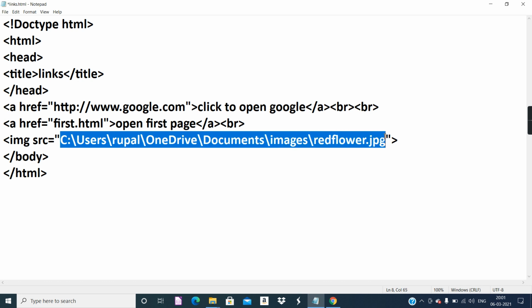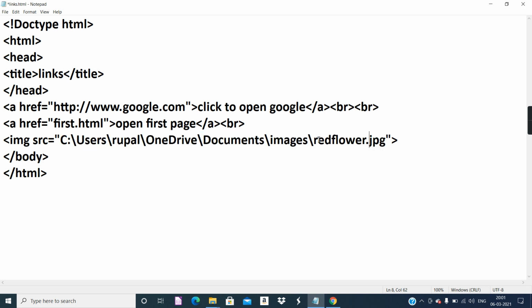You are telling the browser where the location of the image is. It's available in the C drive, so and so hierarchy of folders. It's available in documents. In documents, there is a folder called images. Inside images, there is this file known as redflower.jpg. So open this. And the extension of this file is .jpg.